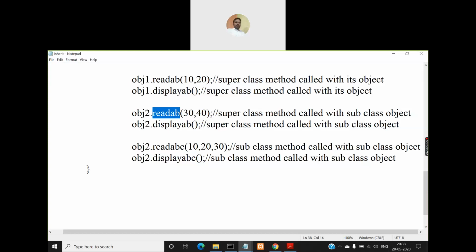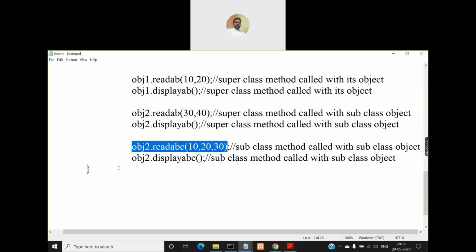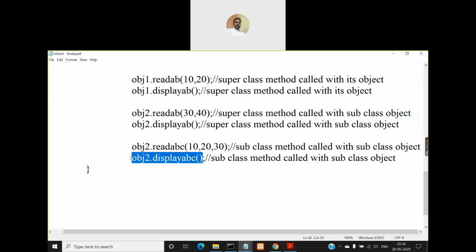Then displayAB is also valid, because you can access members of class A using the subclass B object. And then obj2.readABC, which is an exclusive member of class B, I can also access because obj2 is an object of class B, which receives three parameters, 10, 20, 30. And then displayABC, which is going to call the displayABC method of class B. This is also a valid statement.